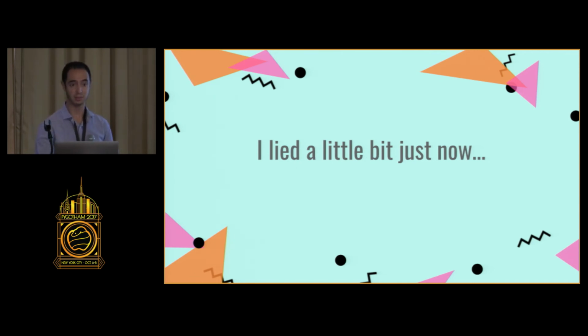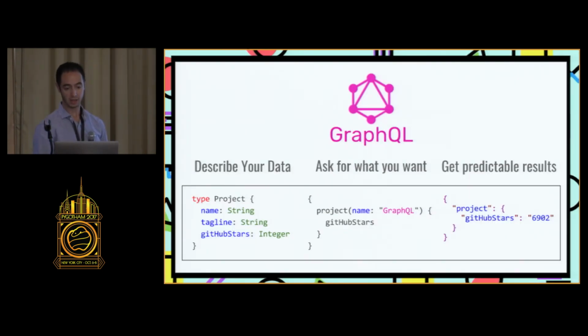And the lie is that these APIs in various forms have been emerging all over the place. So there's something called Meteor that did some of these things. There is something that came out of RethinkDB, rest in peace, that launched that did some of these things. Netflix has a tool called Falcor that does a lot of these things. And then there is Facebook's GraphQL, which is what I actually use to model the sort of dream API, right? And I love the simplicity of Falcor, but it is impossible to overlook GraphQL's dominance in developer mindshare. So for the rest of the presentation, I'll focus on GraphQL and its semantics.